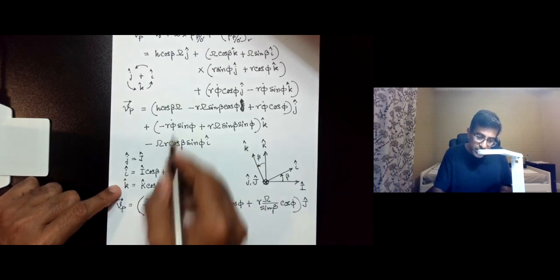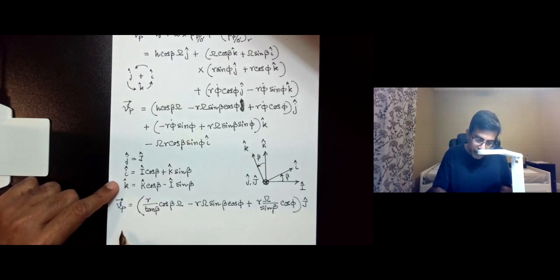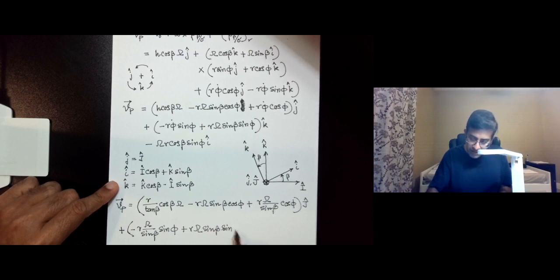Let me just simplify this. So you will have plus minus r omega over sine beta sine phi plus r omega sine beta sine phi,